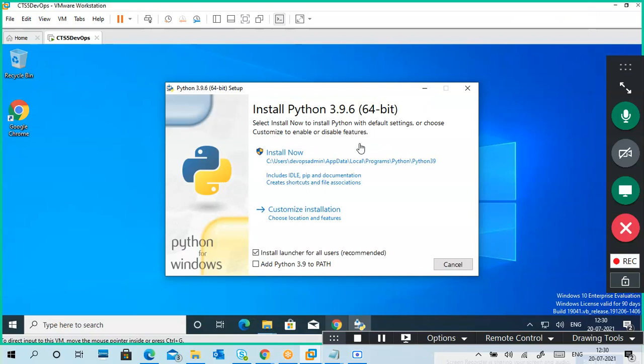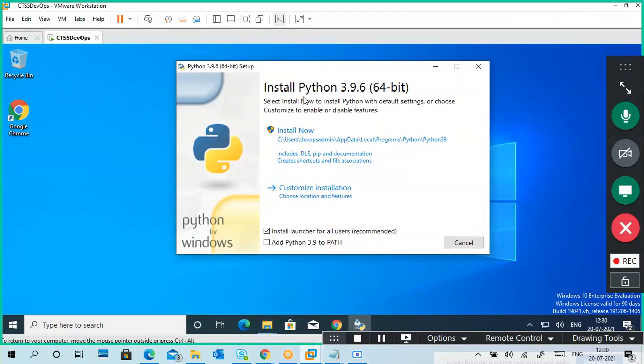To practice Python commands, meaning individual commands, you don't require any IDE. Why we need IDEs is a separate topic. If you install this one, that is enough for starting.